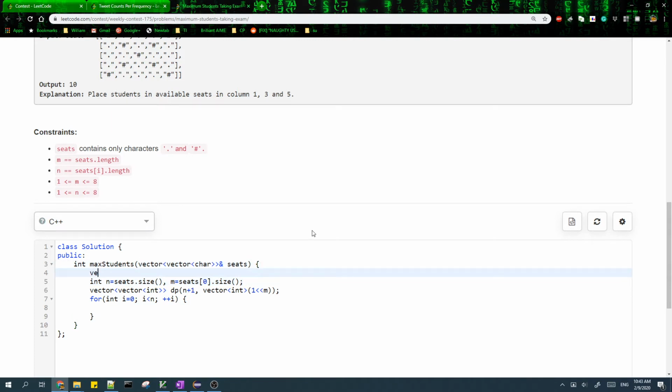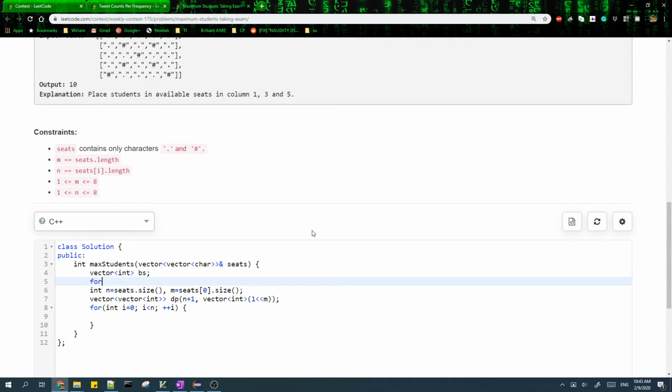I should convert the C's to a bitmask first. So